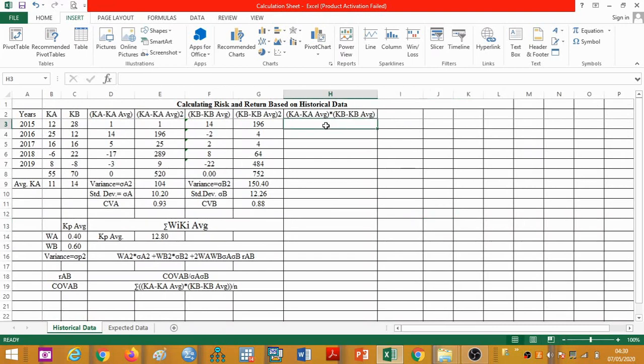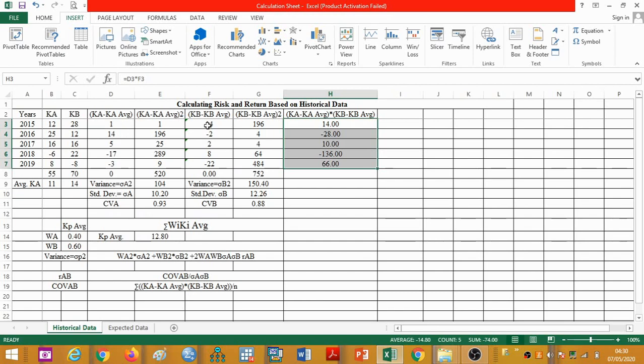Okay, so in Excel I can do it easily, but with calculators or manual calculation, what you need to do is multiply the differences of A with its average and B with its average. So this is how we can do it. This multiplied by this value, and again, as we already know, we can drag these values and we'll get all the 5 values.